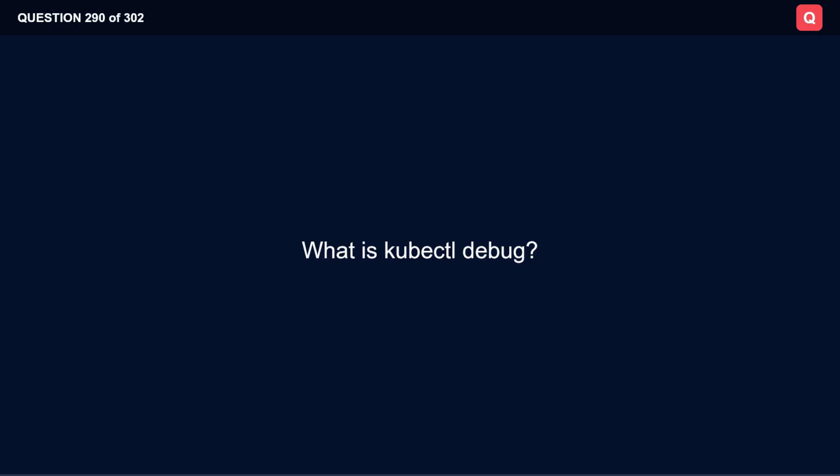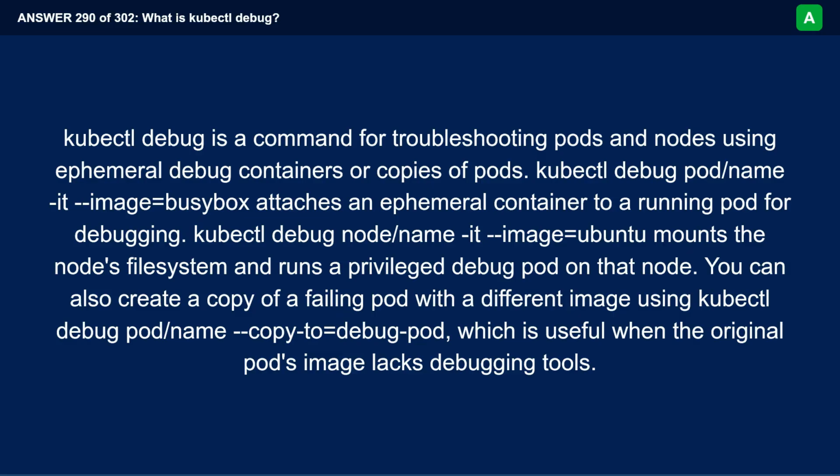What is kubectl debug? Kubectl debug is a command for troubleshooting pods and nodes using ephemeral debug containers or copies of pods. kubectl debug pod/name -it --image=busybox attaches an ephemeral container to a running pod for debugging. kubectl debug node/name -it --image=ubuntu mounts the node's file system and runs a privileged debug pod